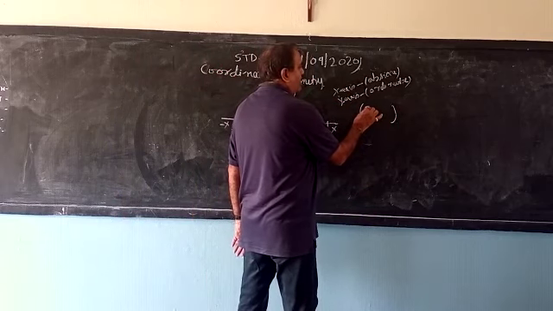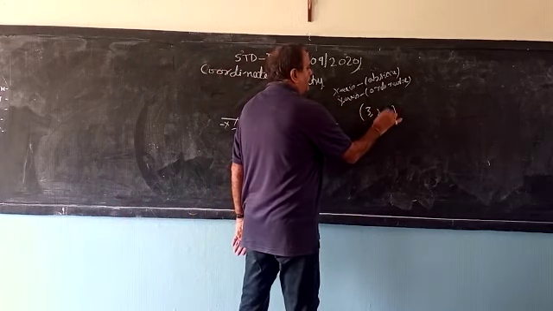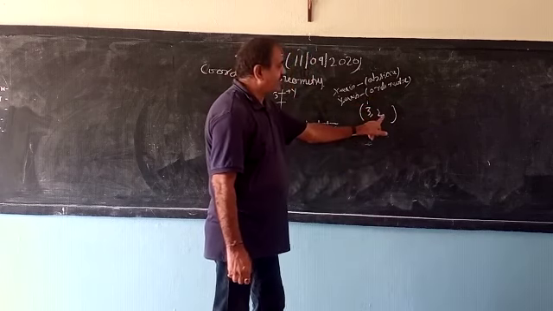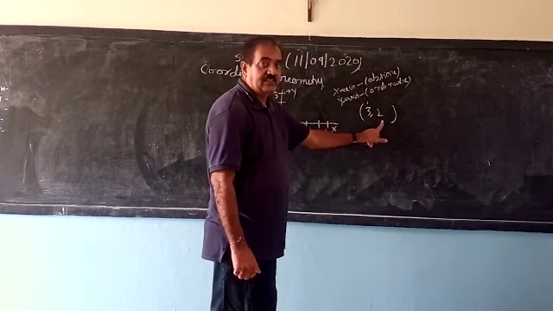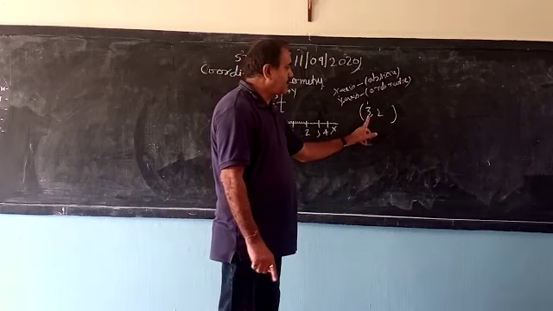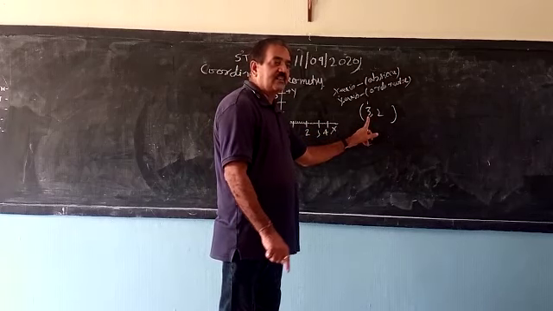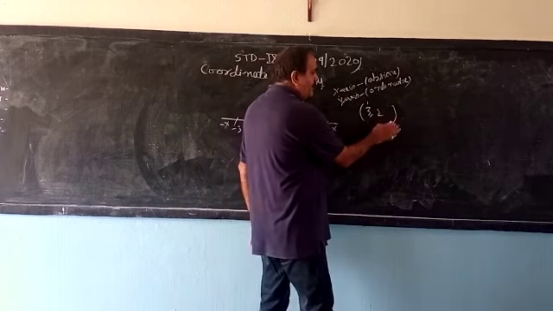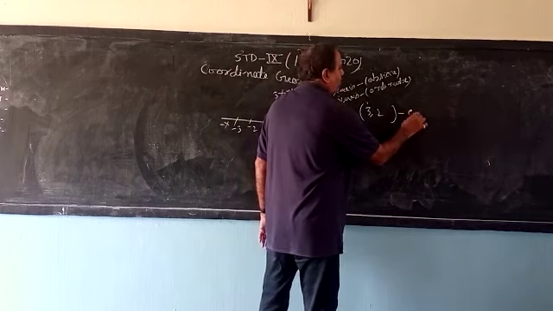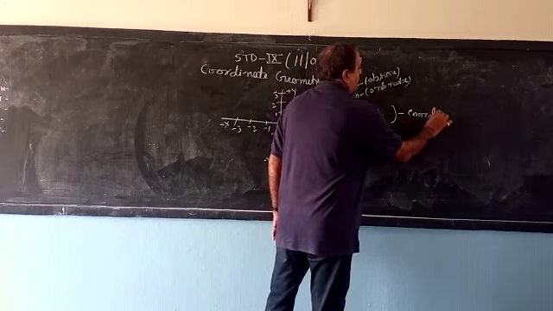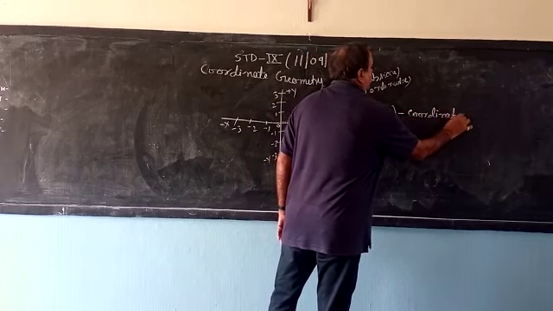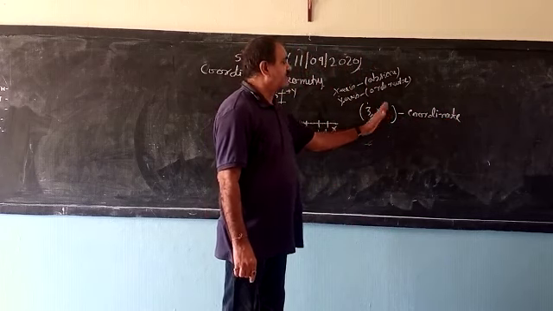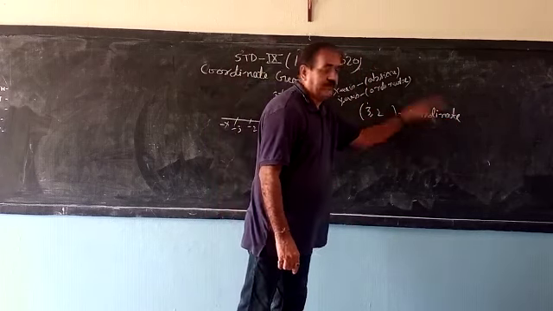Now, after plotting this graph, when we write together the coordinate inside the bracket, say (3, 2), the first point always represents the x-axis and the second the y-axis. Once again, first always on the x-axis, second on the y-axis. When we write the x and y values together inside the bracket, it is known as a coordinate.